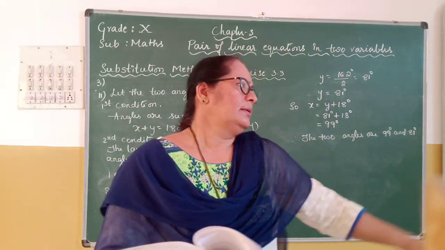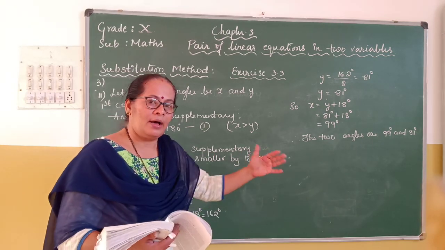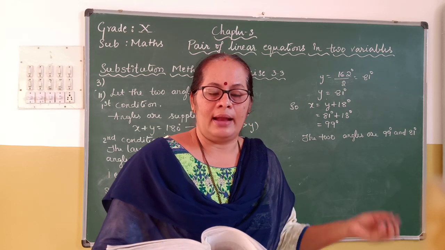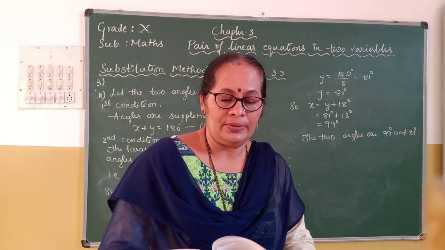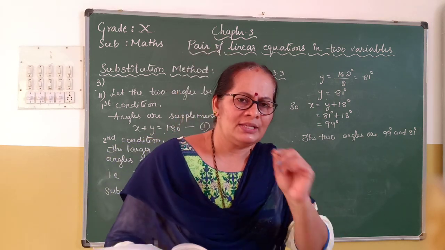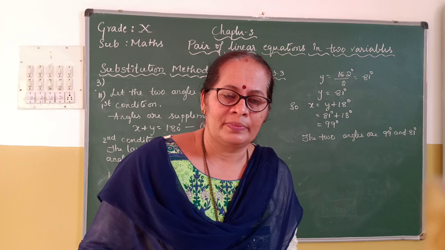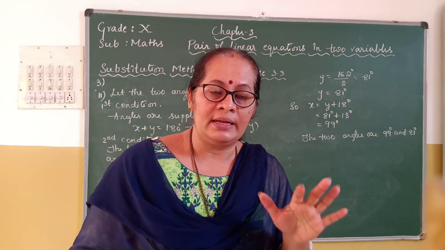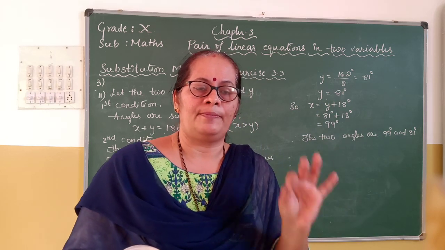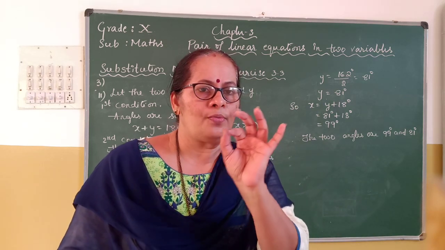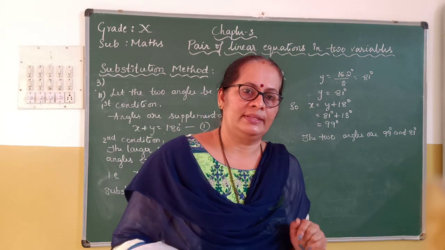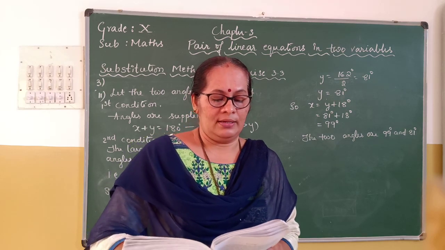Then find the values of x and y using the substitution method. You will get the x and y values, and these x and y values you have to substitute here to find the charge for 25 km. What will be the charge for 25 km? The charge for 25 km is x plus 25y, where x is the fixed charge. So x plus 25y equals how much? You have to calculate it. Understood? I hope you understood this sum. So next one, fifth sum.